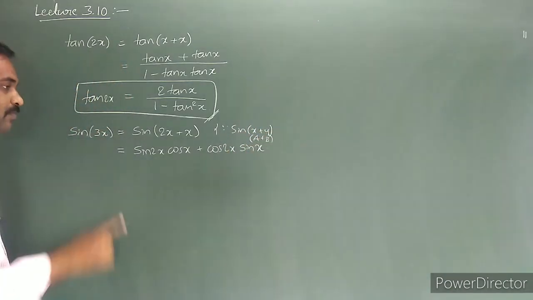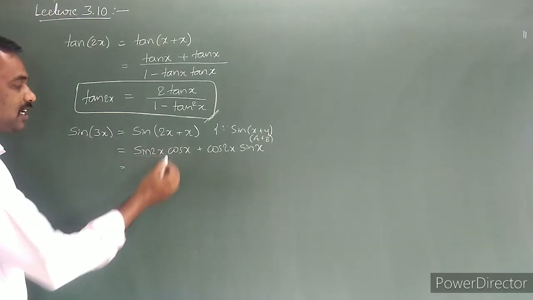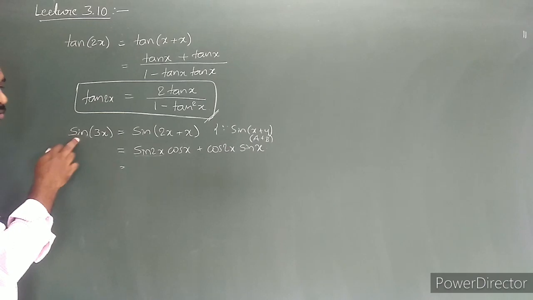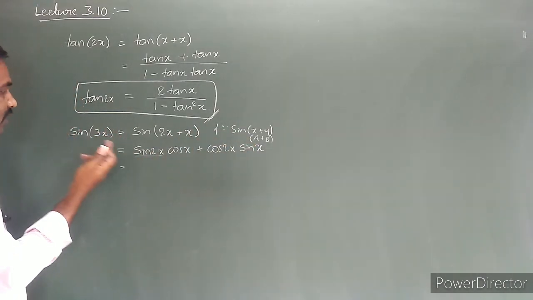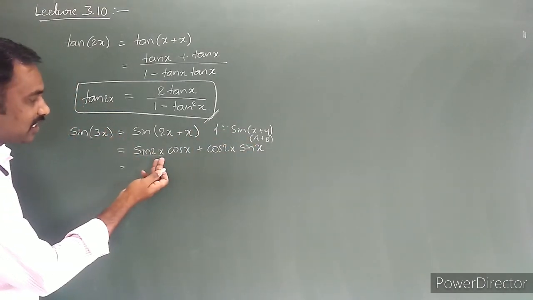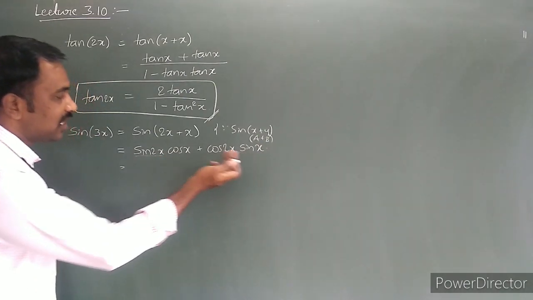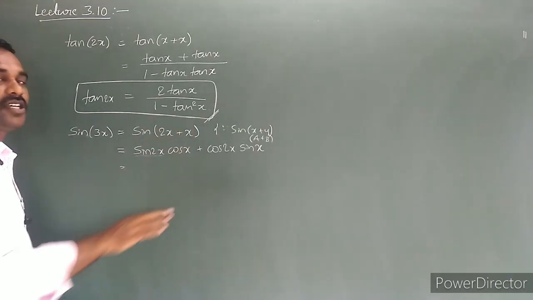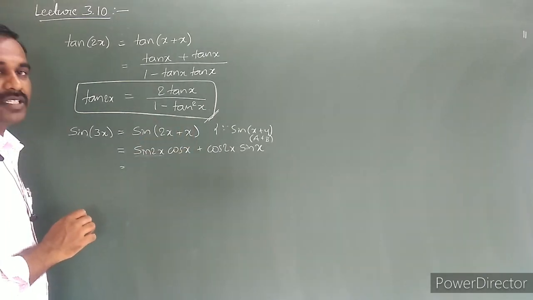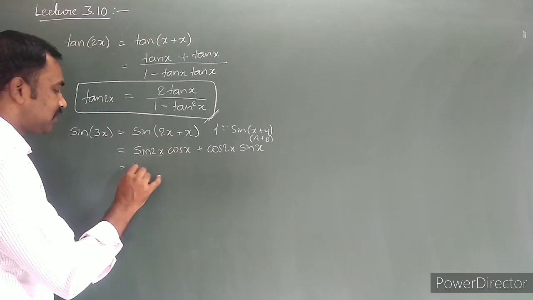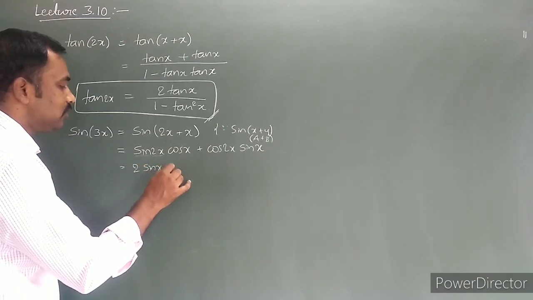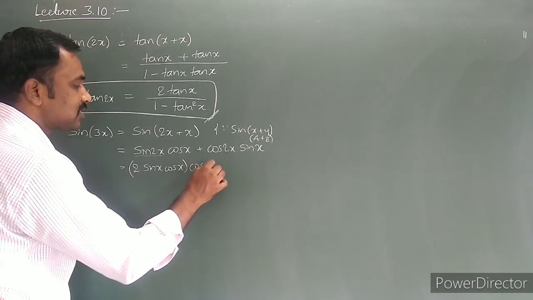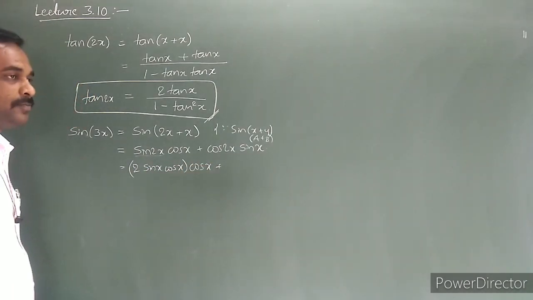Now again replace the sine of 2x value. What is the sine 2x value? Actually we need sine of 3x only in terms of sine. Here on the left hand side 3x is there, on the right hand side 2x and cos x are there. So replace them only in terms of x and in terms of sine. What can we replace sine 2x with in terms of sine and cos? We can write 2 sin x cos x, this is sine of 2x, into cos x as it is, plus